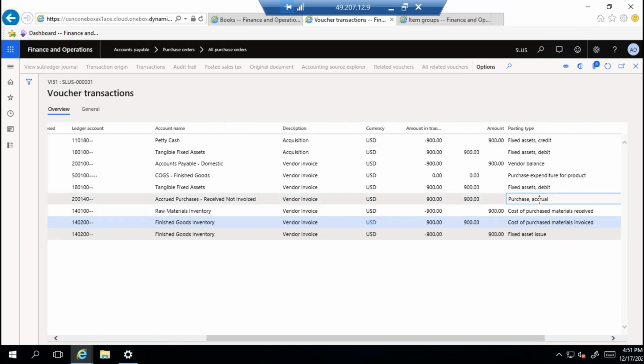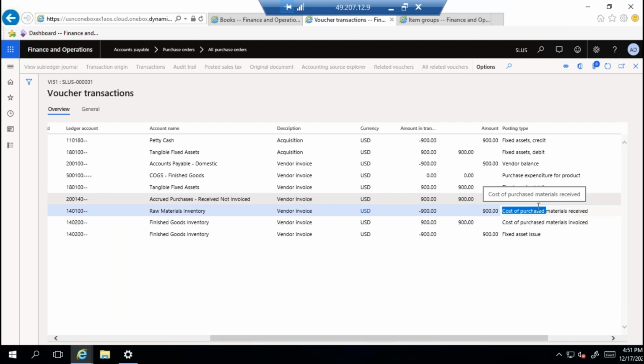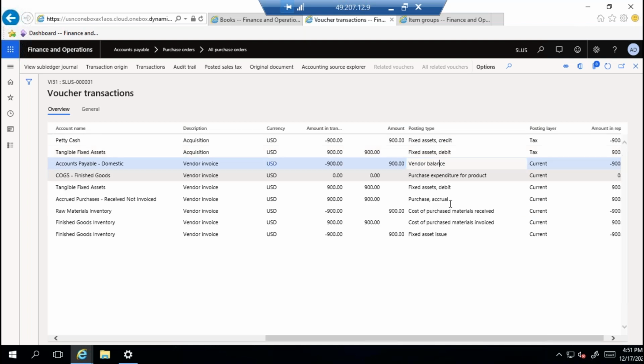So these two transactions are related to product receipt, reversal entry, and the tax related. First two transactions are tax setups. First two transactions are tax related, and third one, fourth one,